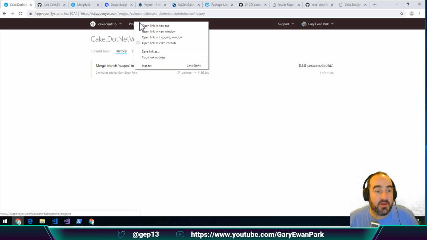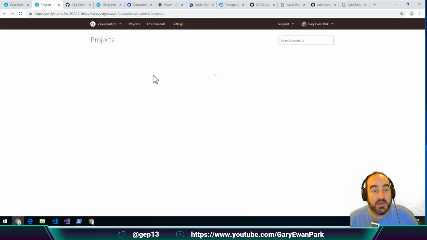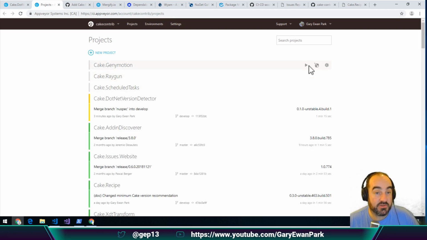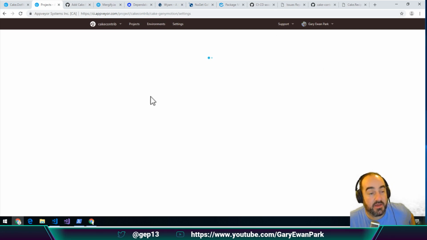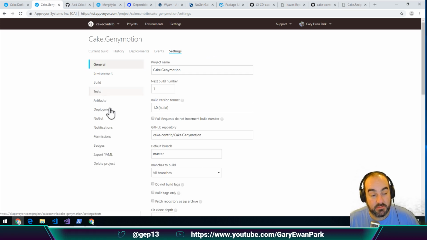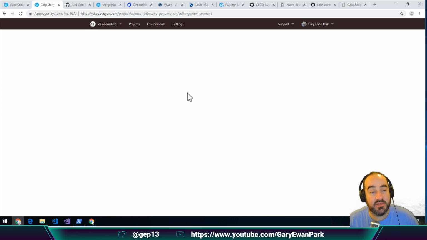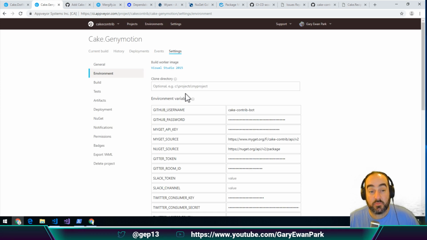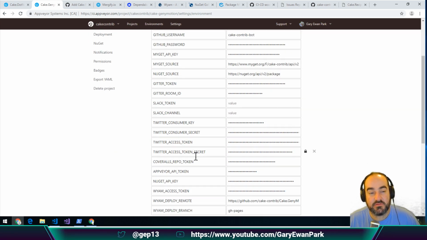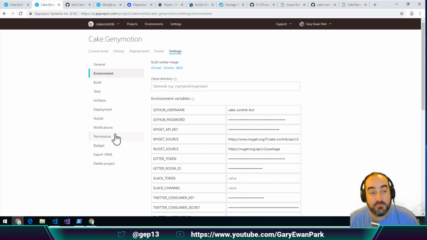Now, if I look at another project in a Cake.Contrib Appveyor, say this one, and look at the environment variables, they are relatively numerous. There's quite a lot of environment variables that are expected for Cake.Recipe to work. They're all here. Now I could spend my time on this stream adding them in manually, but again, I'm not